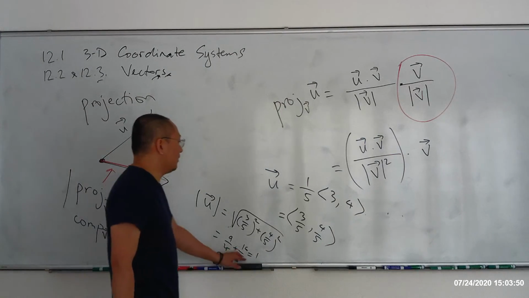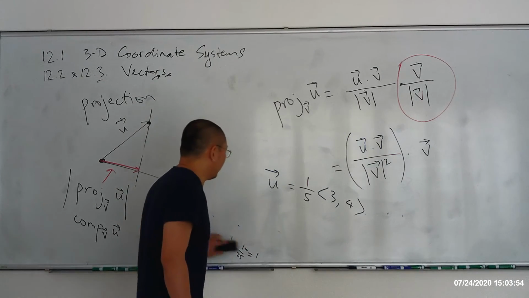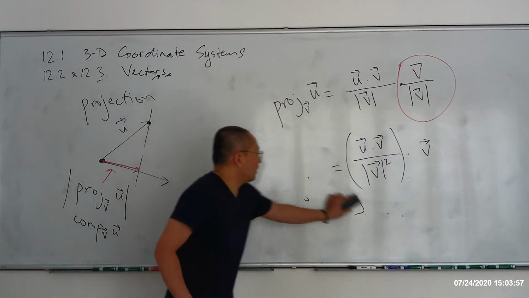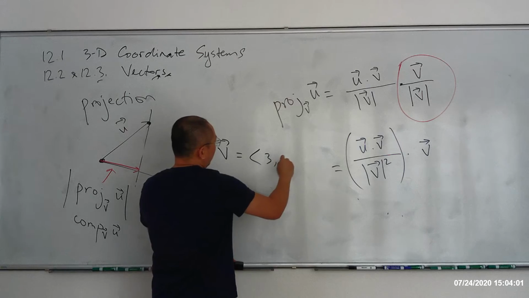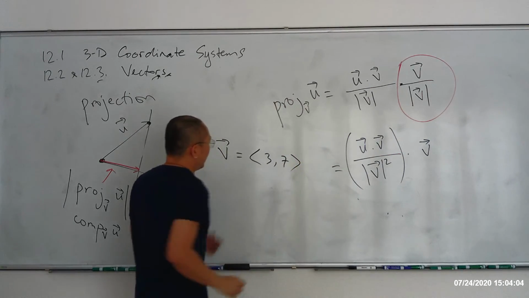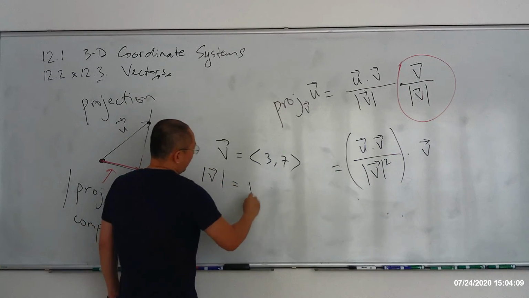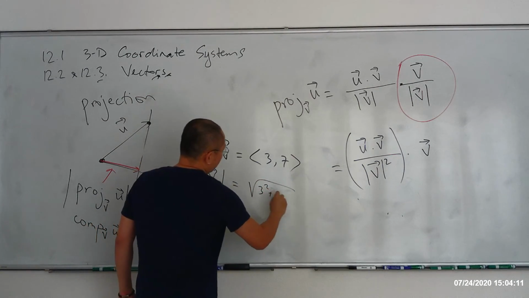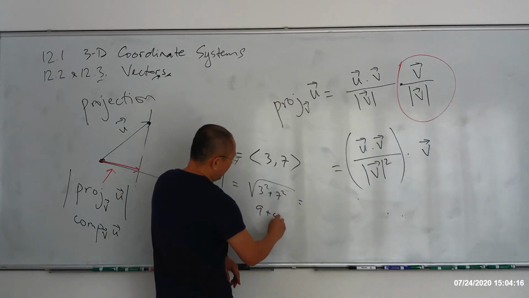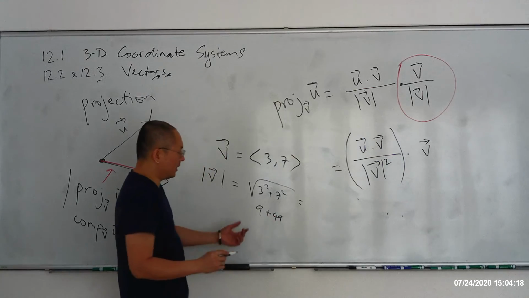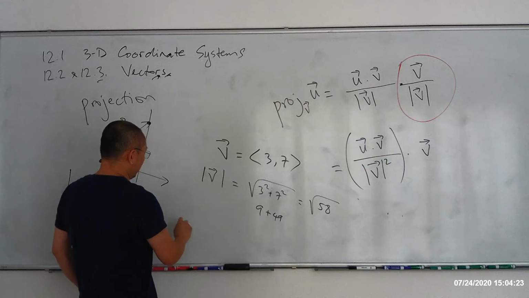And how do you get a unit vector in general if you are given a random vector? Say I got another vector, say vector v equal to (3, 7), for example. Then I can calculate the magnitude of v. What is the magnitude of v? It is the square root of 3 squared plus 7 squared. 3 squared is 9, 7 squared is 49, right? 7 times 7 is 49, so this is the square root of 58. Okay? So you have a new vector. Call it vector